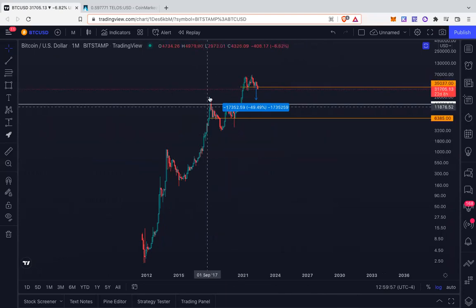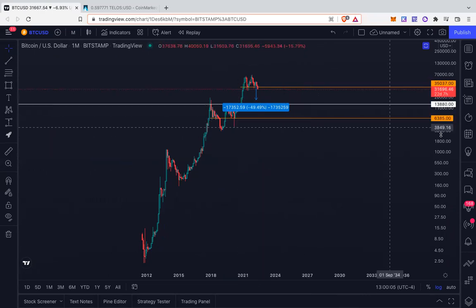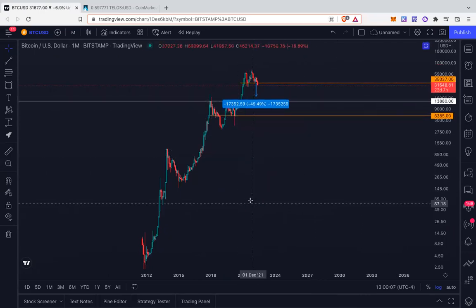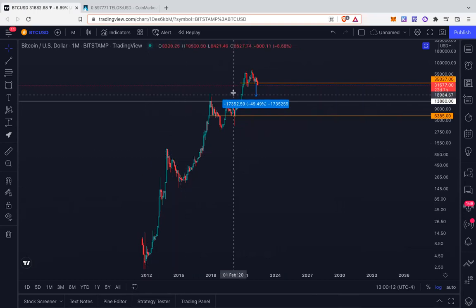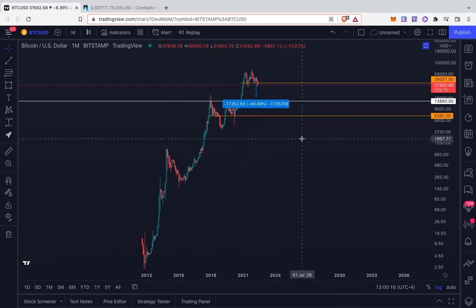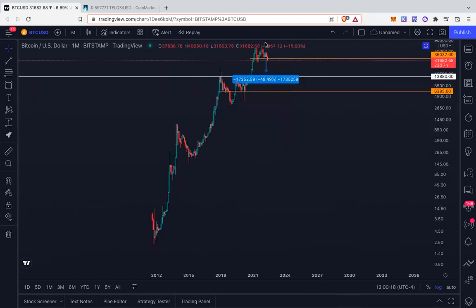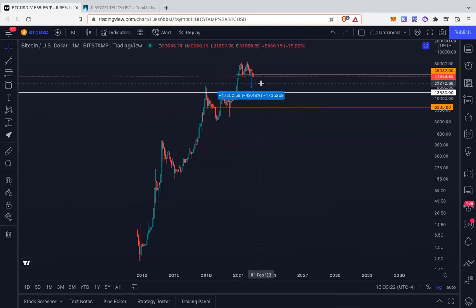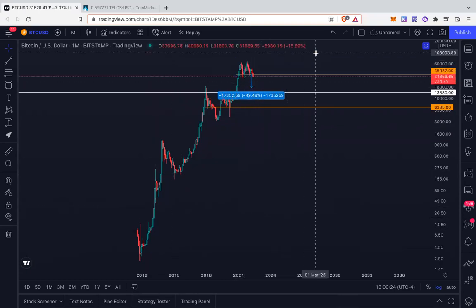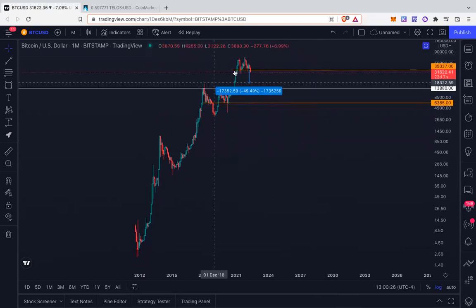People are always talking about that we never test the prior high. What if this time is different? I mean, these assets haven't traded in a recession and higher interest rates. So what if this is it? What if this was the macro bull and you're sitting here still believing that we're going to be seeing higher prices? Maybe this is the ultimate top.